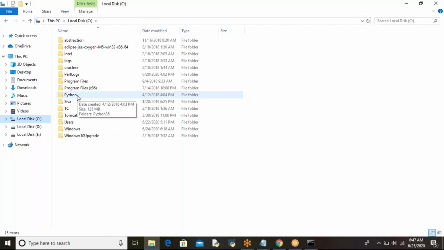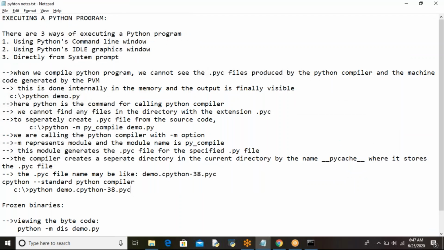Before that path, you just add a semicolon. When you want to separate the paths, you have the Java path, the Oracle path, the Python path and some other paths, and every path is separated with a semicolon. Say, for example, the Java path is there; at the end you put a semicolon, then dot, then semicolon, then the Python path.